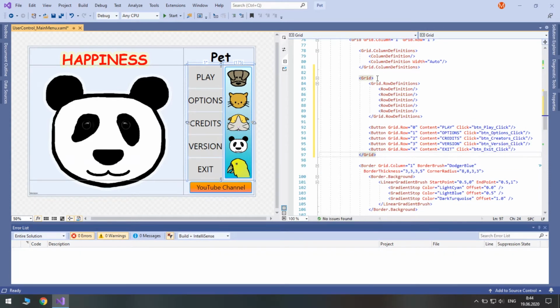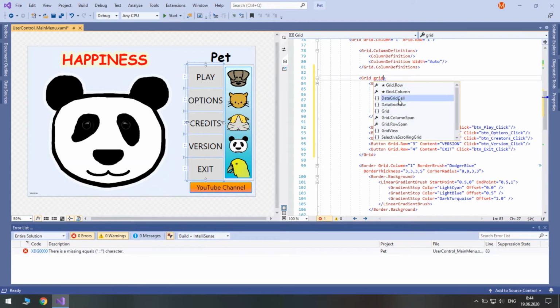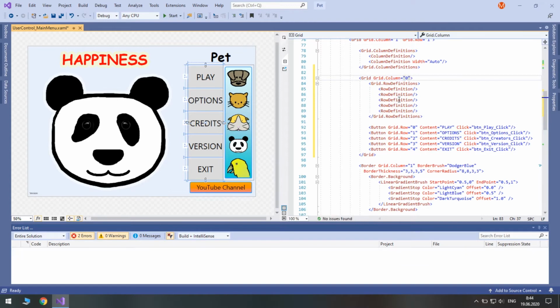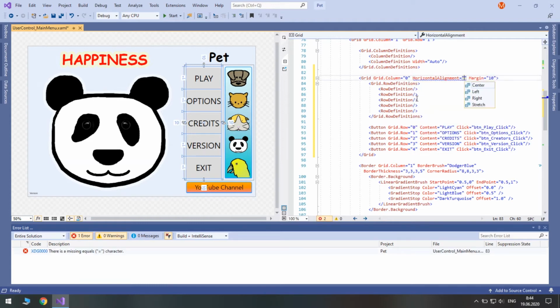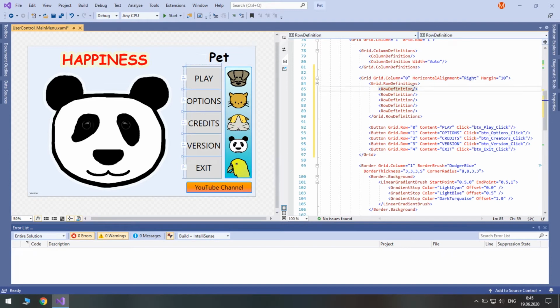We need to change the grid a bit. So, well, setting the grid column to 0 is not necessary, because if it's not set, it's 0 by default, but I like it to be always visible. So let's set margin to 10. Okay. Well, let's see if setting horizontal alignment changes anything. Well, I guess no. Okay.